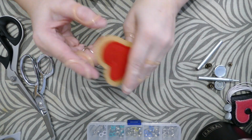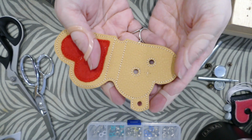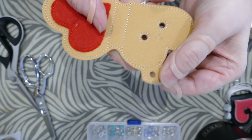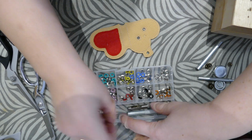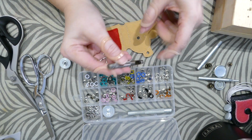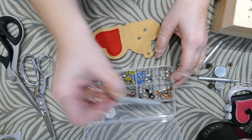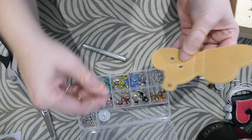I'll be right back. Alright, so I went and I punched out those holes with that punch, and I also did the one for the eyelet. And when you're putting in eyelets, when you buy a kit like this, they come with a punch. So this is the hole punch, and you just put the punch end down where you want it, and then you hammer on that end to get your hole. And now I am going to put on